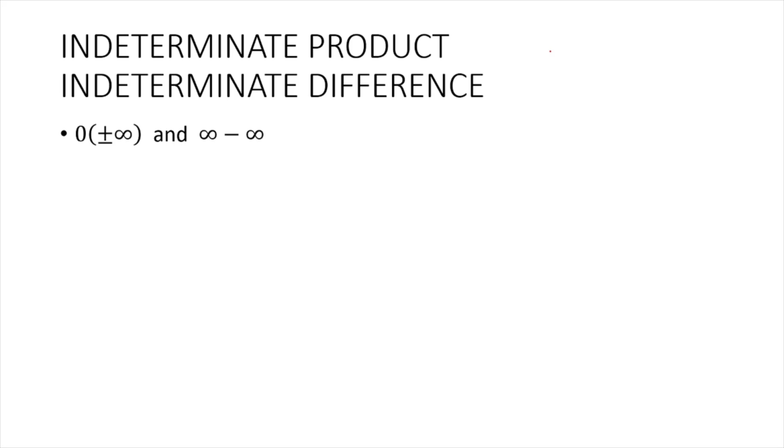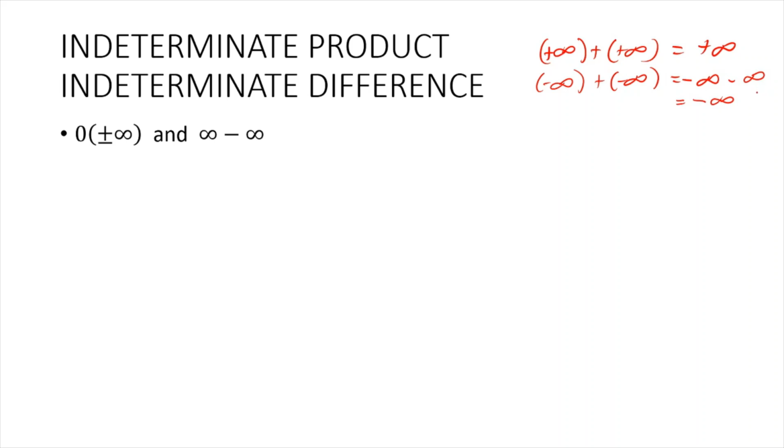Okay, how about if we have positive infinity plus positive infinity? So that's basically infinity plus infinity. It's not an indeterminate, it's an undefined because we can immediately say that it's positive infinity, right? How about if we have negative infinity plus negative infinity? This is just negative infinity minus negative infinity, right? Again, this is not an indeterminate form because we can immediately conclude that this is just equal to negative infinity,